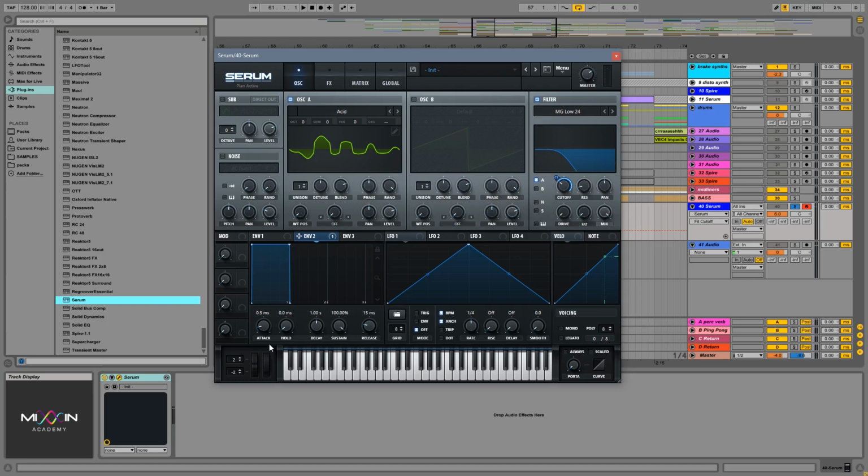So right now, as I told you in the lesson before, we have attack, decay, sustain, release. Now in this envelope, we have one extra step called hold. We will talk about this in our sound design course. For now, it's very important for you to grasp the main concept of an envelope, which is ADSR: attack, decay, sustain, and release. I think it's much easier to explain these when we have a nice graphical display of those